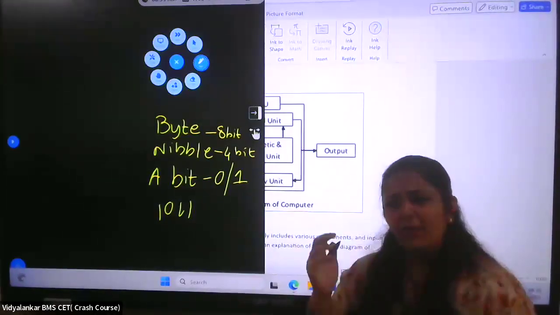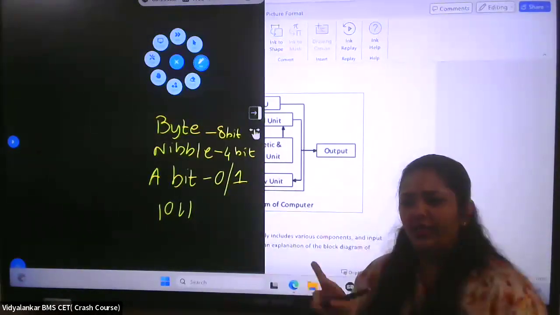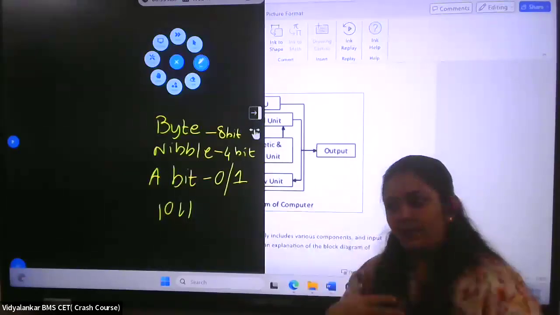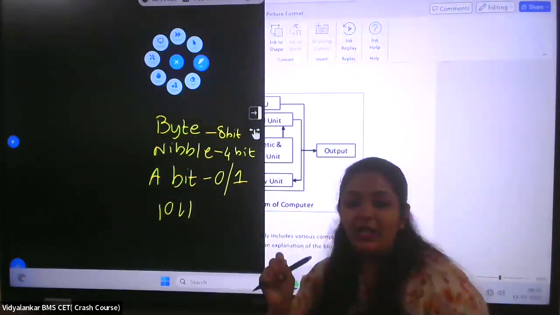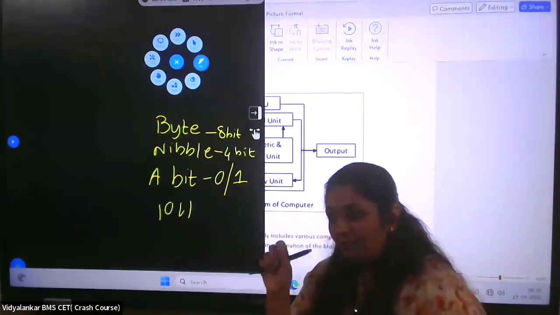In a processor, you must have noticed it is 32 or 64. Nowadays generally everything is a 64-bit processor. So 64 bit means what? Why do I specify it not in bytes and why only in bits?